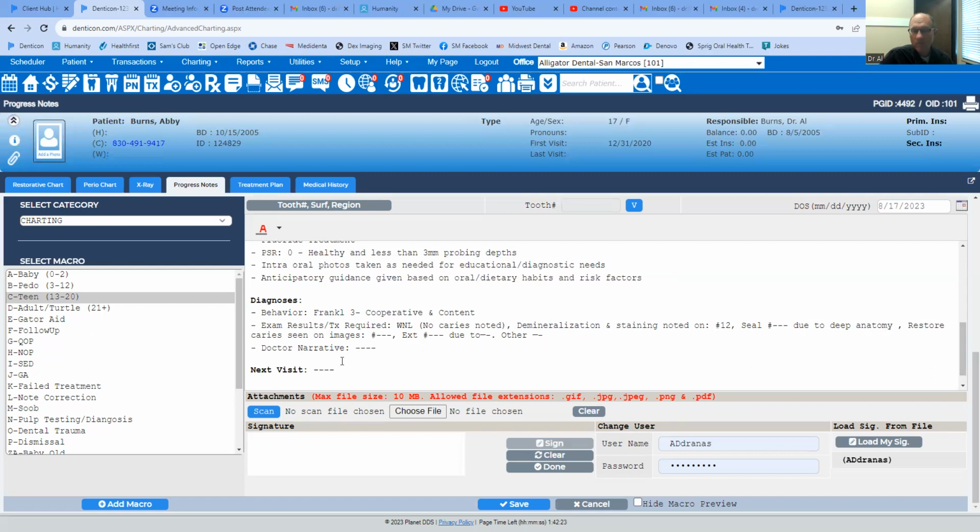This goes on, and you get more familiar with filling in those blanks and spaces with what that patient needs. And then there's a place for the doctor narrative. This is where the doctor writes their own personal notes for this patient, individual for them, all right? Then last of all is the next visit, where they're coming back for, in Abby's case,